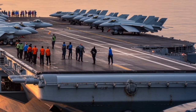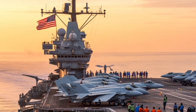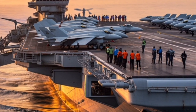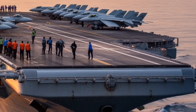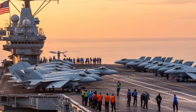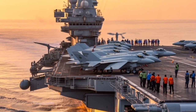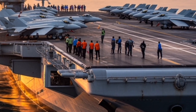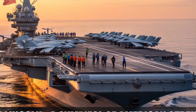For anyone interested in military technology, engineering, or maritime operations, the USS Abraham Lincoln represents the pinnacle of what is possible when advanced design, powerful systems, and skilled personnel come together to operate in one of the most challenging and demanding environments on Earth. Over 30 years after its commissioning, the USS Abraham Lincoln continues to serve as a cornerstone of U.S. naval power, symbolizing both technological achievement and strategic influence. Its enduring operational relevance, whether in high-intensity combat, peacekeeping, or humanitarian